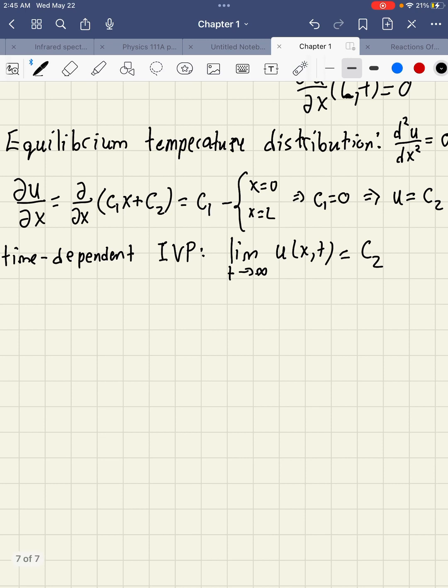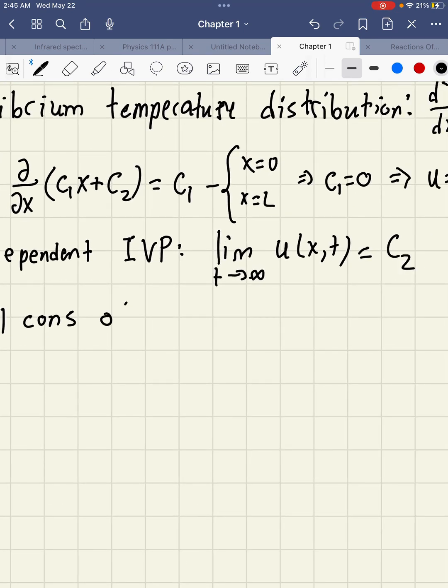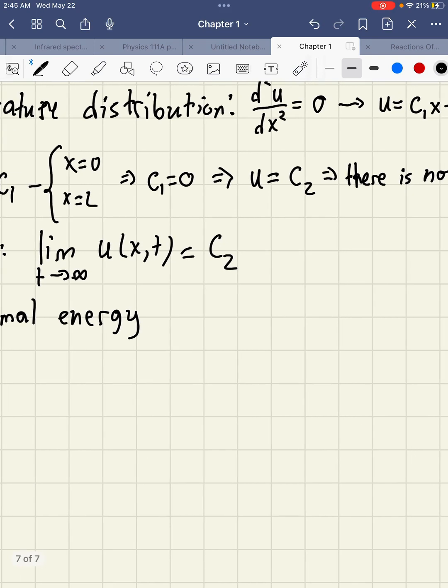So if I follow the conservation of thermal energy of the entire rod,